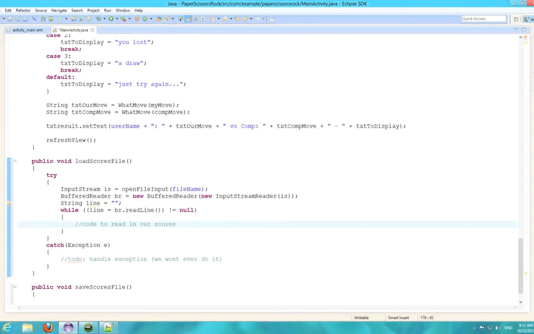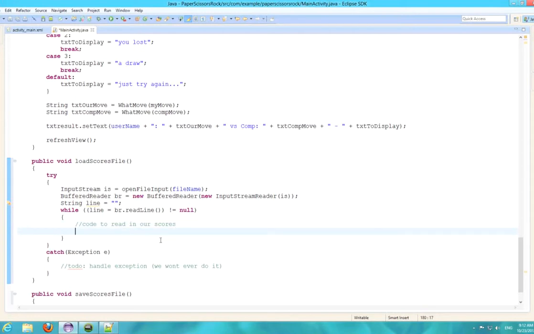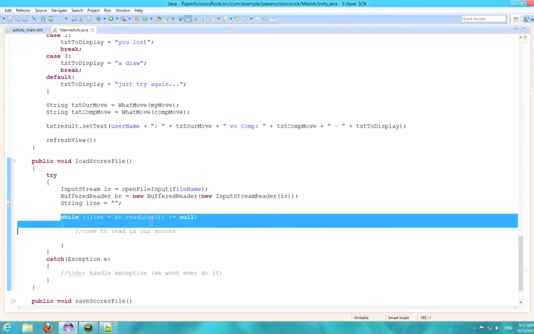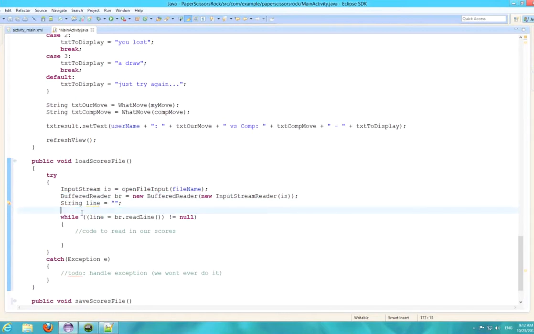And this is a little bit tricky. Normally what you do is you just add the line to a class-wide variable or a method-wide variable and build up an array or something like that. We actually know that we'll have wins, losses and draws on each line. So what we're going to do is create a little integer, and we're presupposing that there'll be at least 3 lines. So we'll do an integer count equals 0